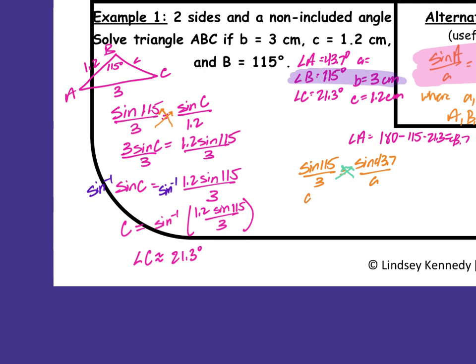So I've got A sine of 115 equals 3 sine of 43.7. I want A, so I'm going to divide by sine of 115. So A is approximately going to be equal to